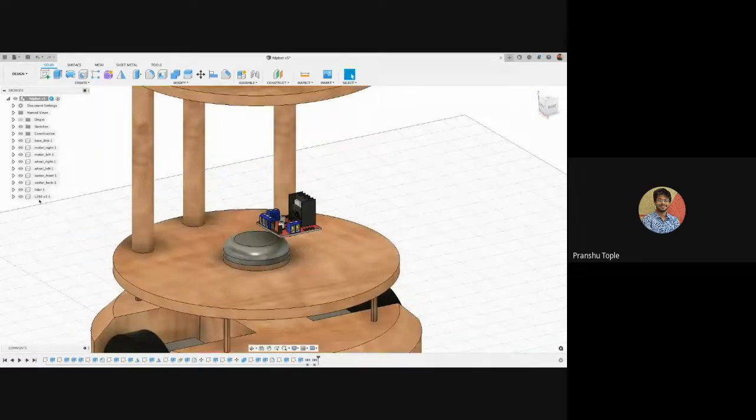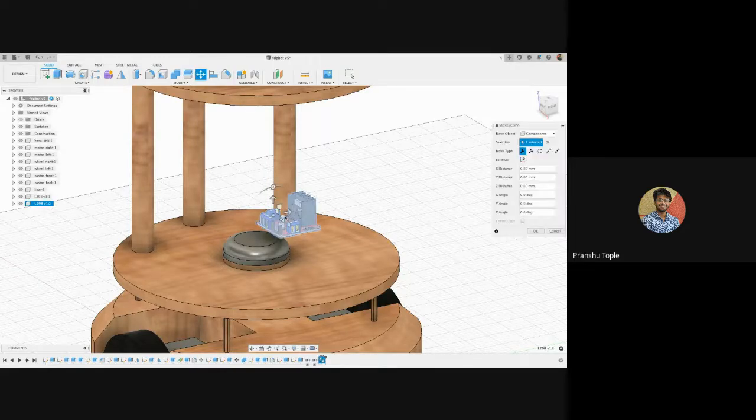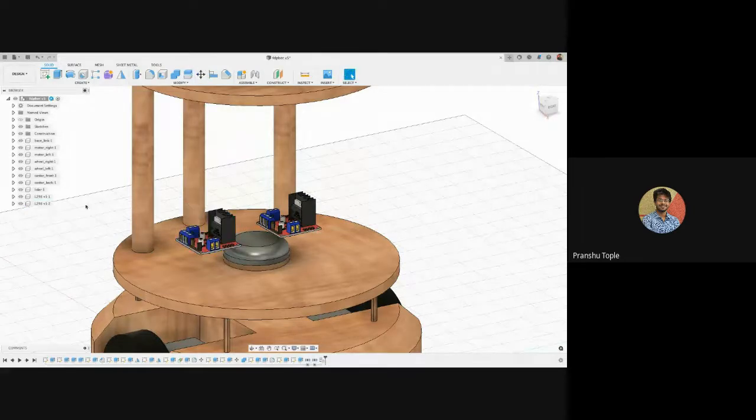One more thing, if I copy this component, if I paste it, I'm pressing Control C, Control V, like we do for copy pasting. And if I make a new copy of it, something like this, there is another copy. So now here you can see after the name of the component, there is :1 and then there is :2.